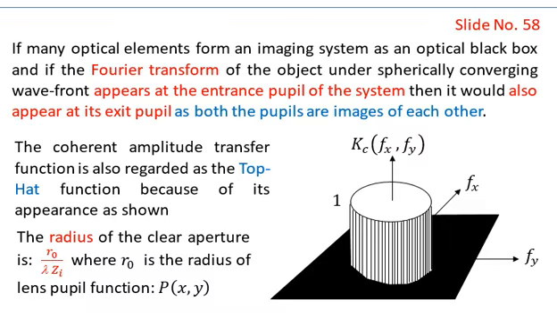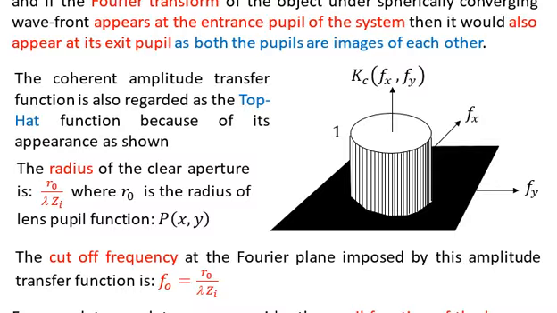This is quite evident: if at the entrance pupil the incident wave is spherically converging, then the same wavefront will also appear at the exit pupil. The coherent amplitude transfer function is also regarded as the top hat function because of its appearance